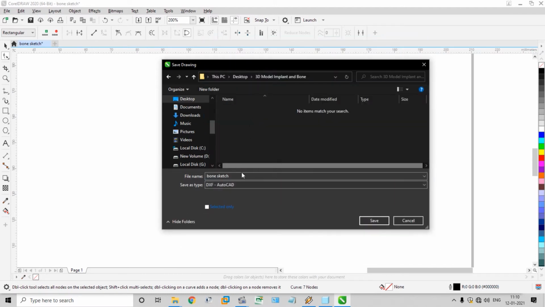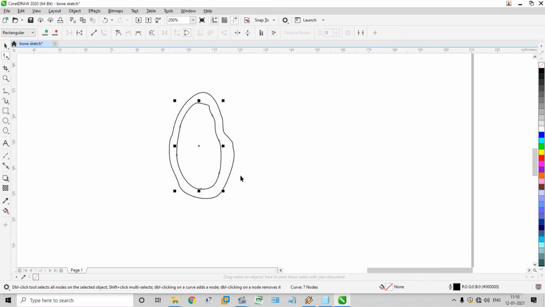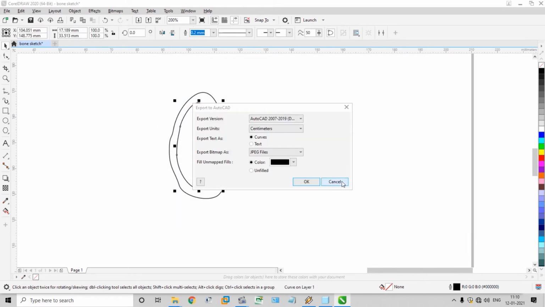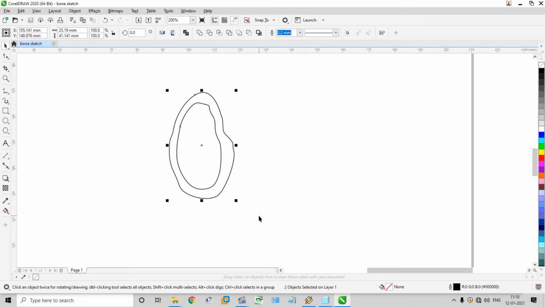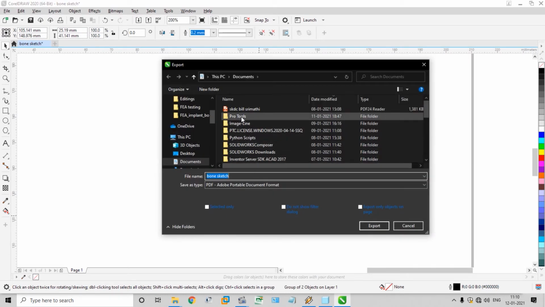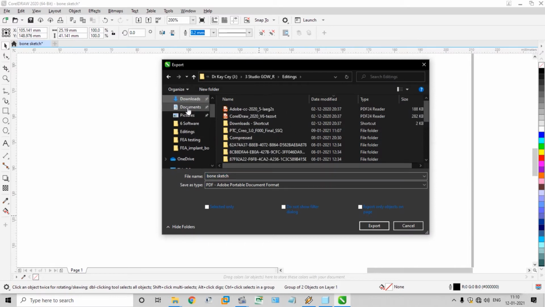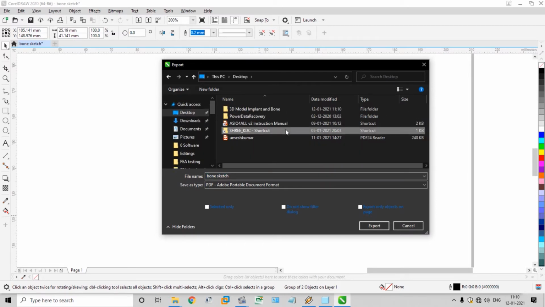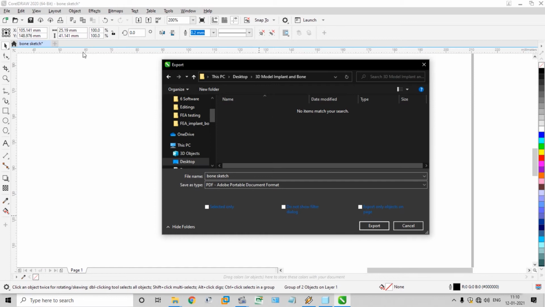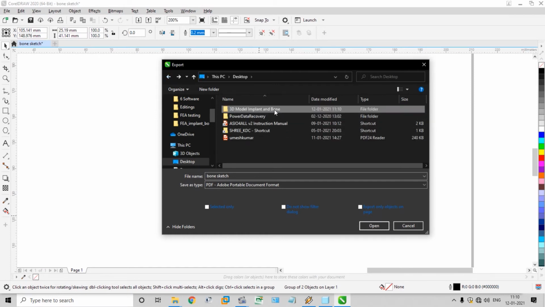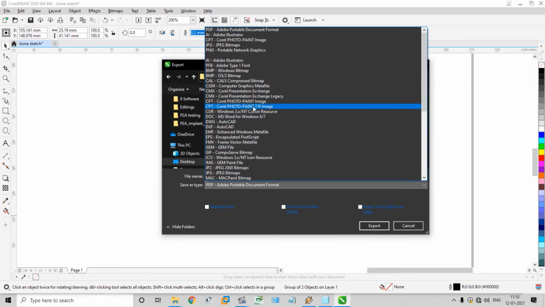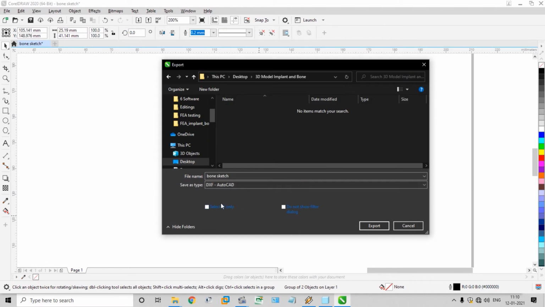DXF AutoCAD file. CAD mode. So to go, Control V, Control E. AutoCAD, selected only.